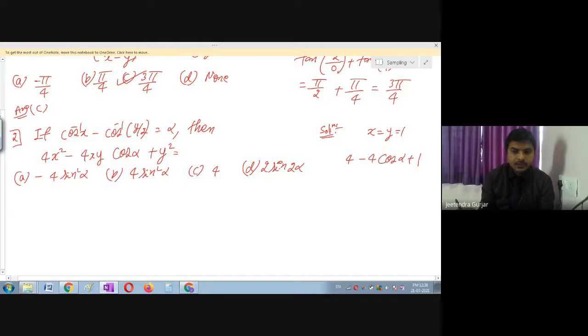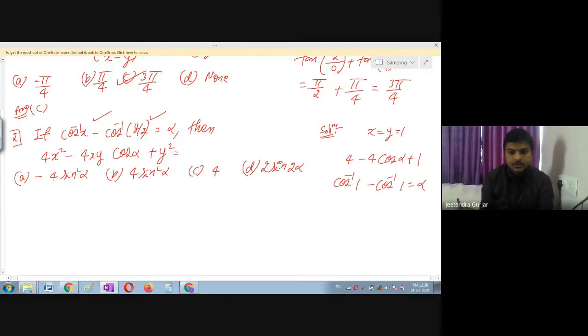Yes, simplify. You require here cos alpha. Am I right? So to simplify cos alpha, just substitute in this equation. So therefore, cos inverse 1 minus cos inverse 1 is equal to alpha. Just substitute your x and y in this. Therefore, you can see cos 1. When the cos will be 1,